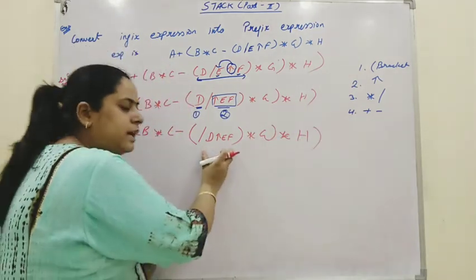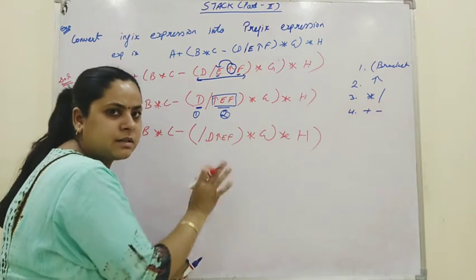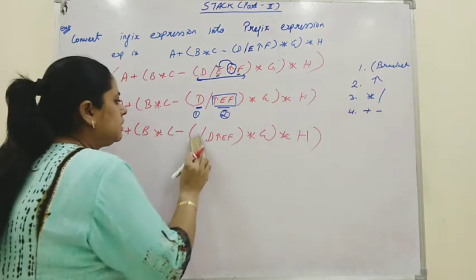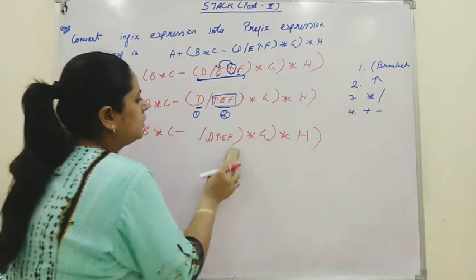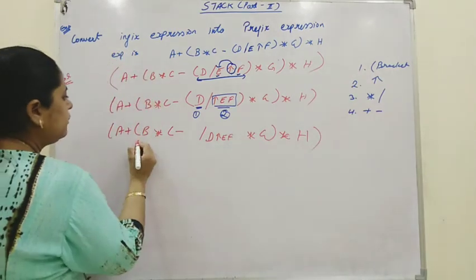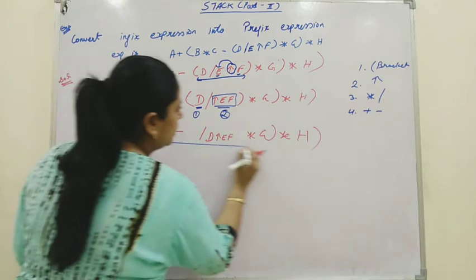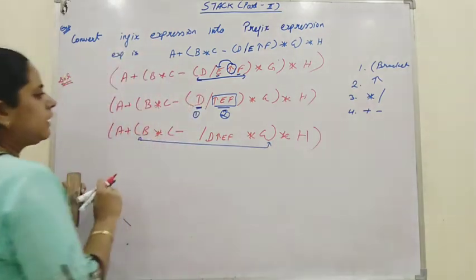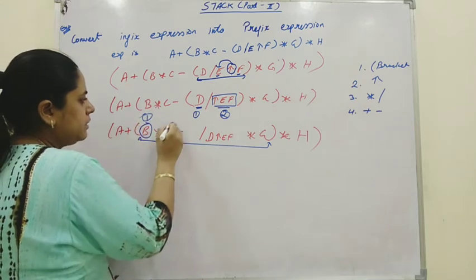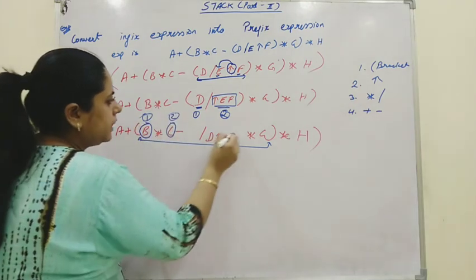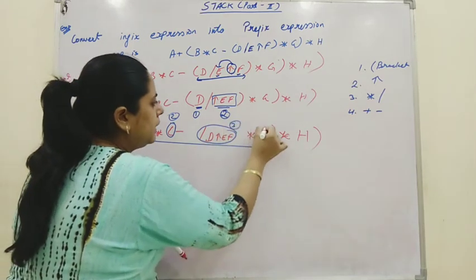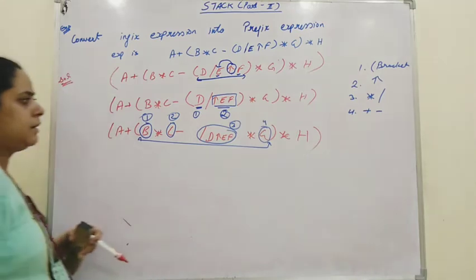Now we evaluated each and every operator. Yes, we worked on each and every operator. That means now this bracket is solved. We will remove this bracket. Now we'll come to this bracket. In this bracket, now this will become first operand, this will become second operand, this will become, because it is evaluated, third operand, and this will become fourth operand.